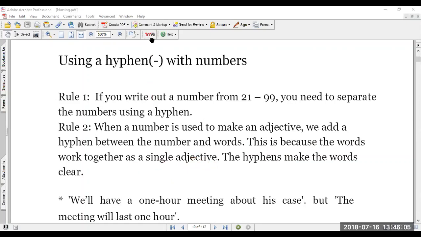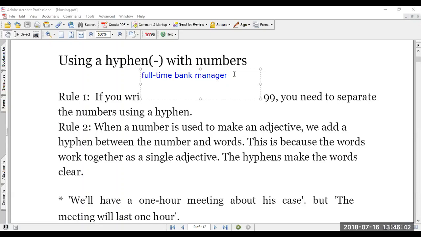Now pay attention to this. For example, if I'm writing full-time bank manager. So in full-time bank manager, these two words, full-time, combiningly act as an adjective. Bank manager is a noun. So when your adjective is made up of two words or more than one word, it has to be separated with hyphen. Now, for example, if I'm writing a sentence like this,